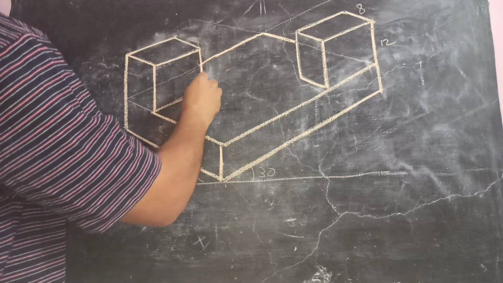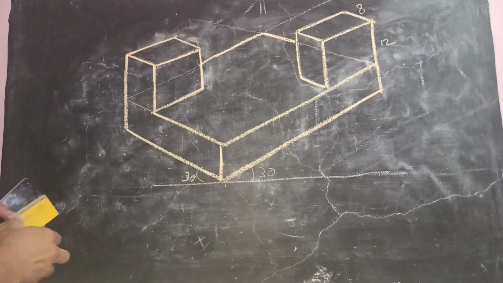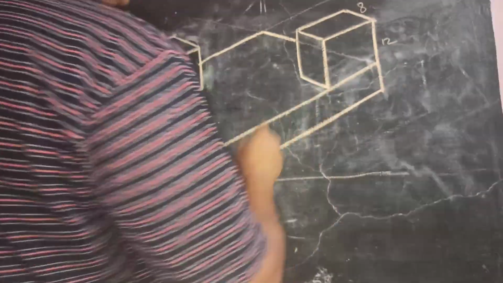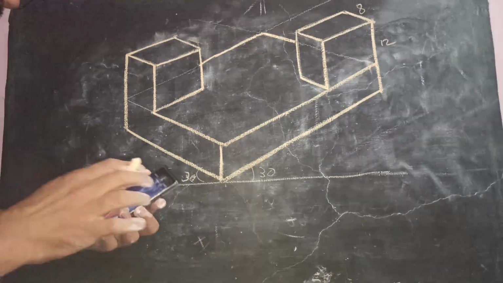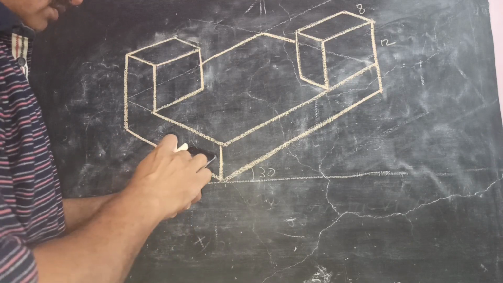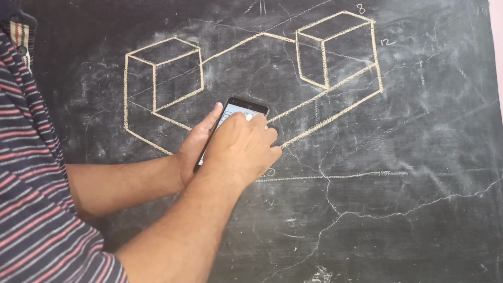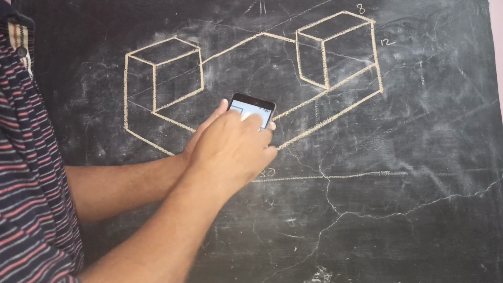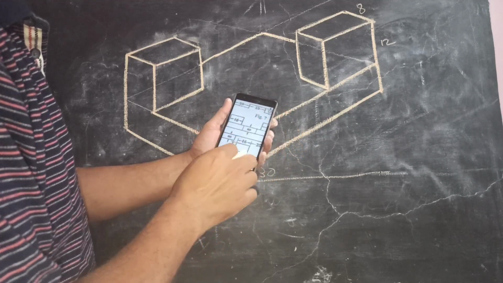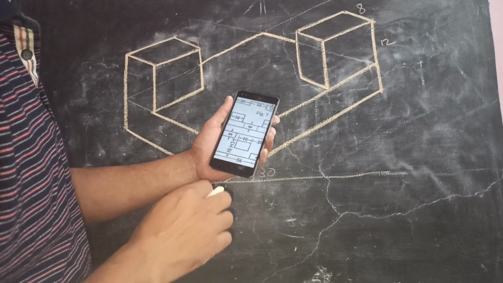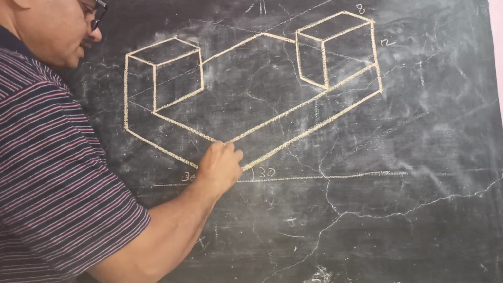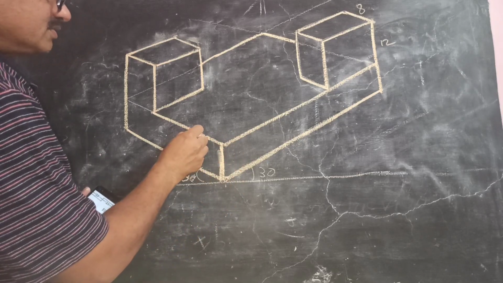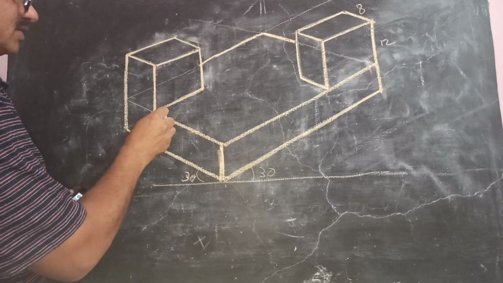Now what is remaining is the hole, the rectangular hole in the problem. How it is located, that we'll see. Now see, the hole you can see in the top view. Here it is hidden because we cannot see it in front view. In top view it is 16 by 12 and it is 10 mm from this side. So from this side you can leave 10 mm, say up to this. From here also it is 10 mm.